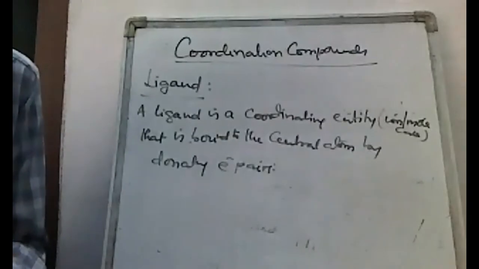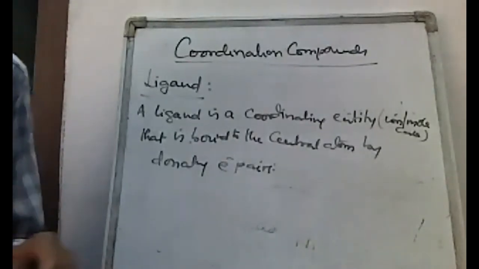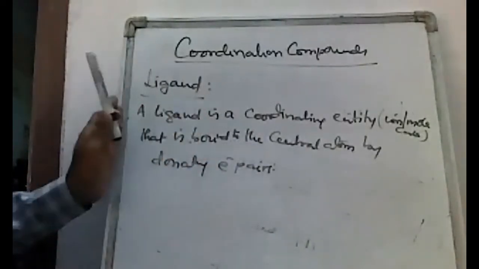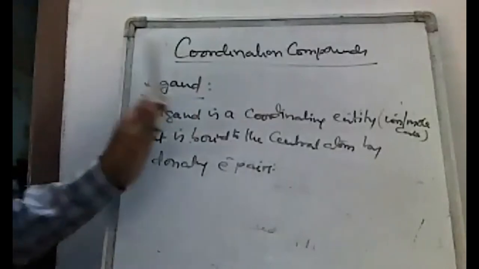A ligand is a coordinating entity which is bound to the central atom by donating electron pairs. That one we are calling it as